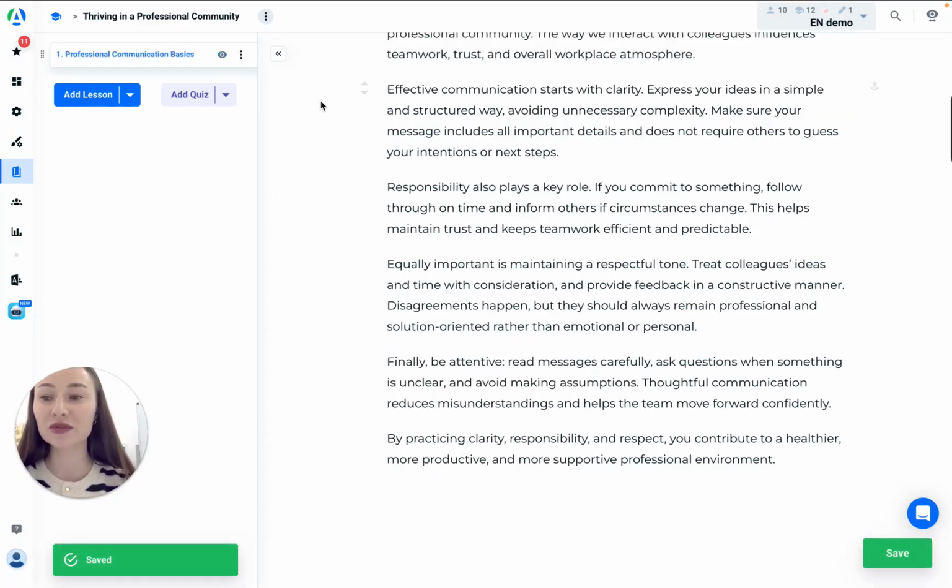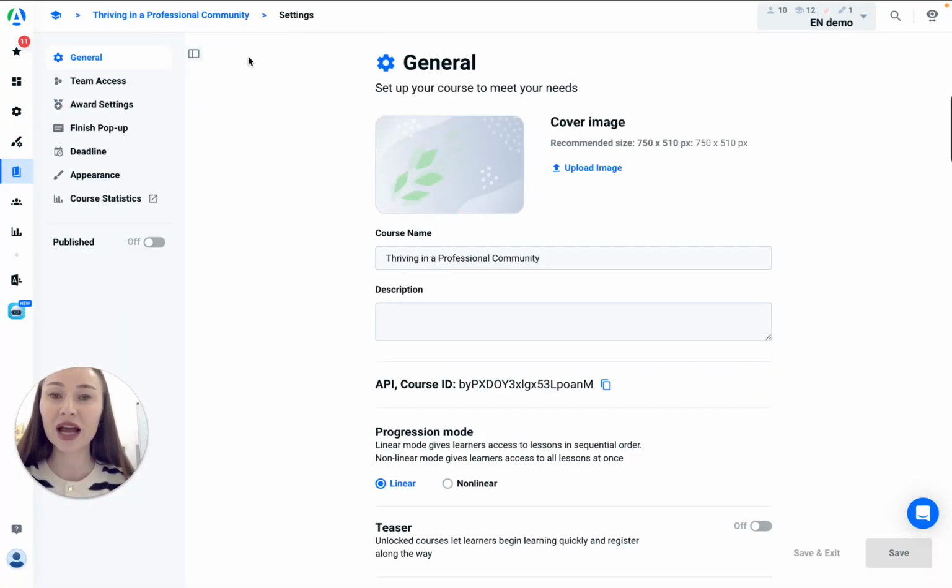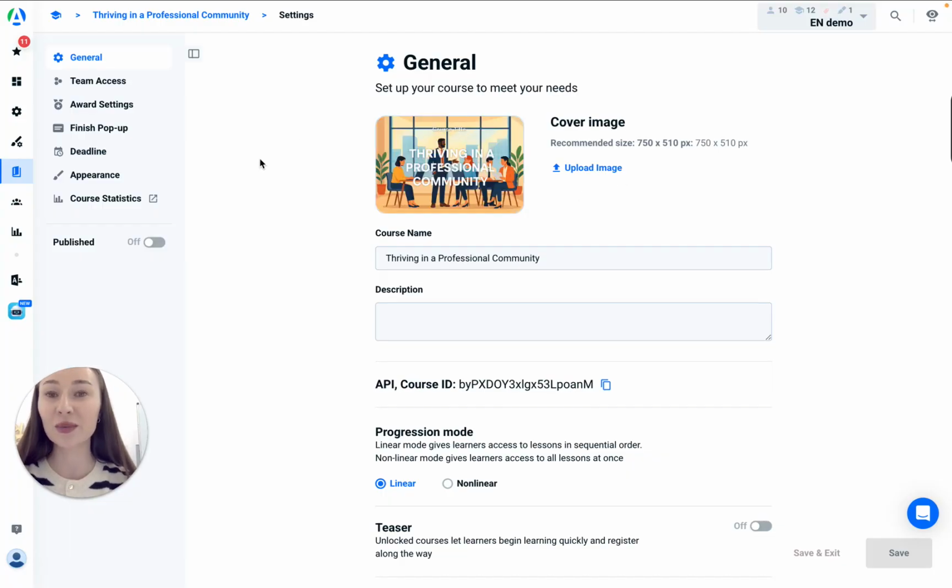After that, you can move on to the course settings to configure additional options. I also recommend watching our other videos which explain all course settings and team access in detail. Let's upload a cover. Once your course is fully set up and all required content is added, you can publish